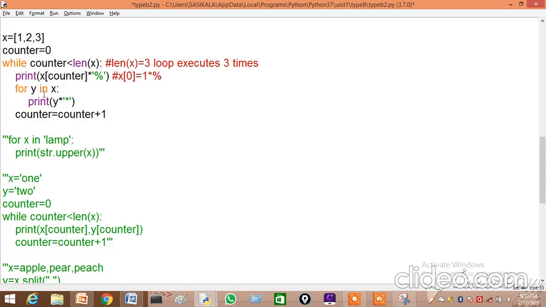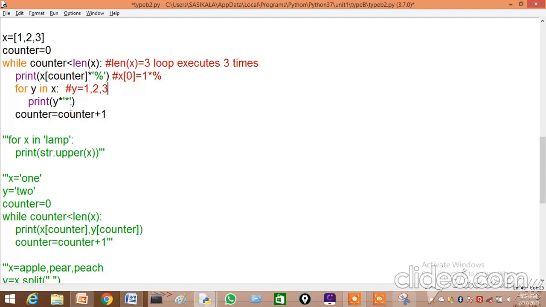Then what it has to do? Then y comes. Okay, for y in x. So y value will be 1. Y equal to 1. So how many times will the star be executed? 1 time the star will be printed. So next again, what is the y value here? Y value is equal to 2. Then y value is equal to 3. Okay, so 3 times this loop will execute and it will print the star.